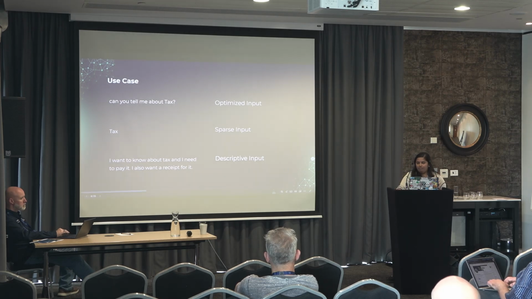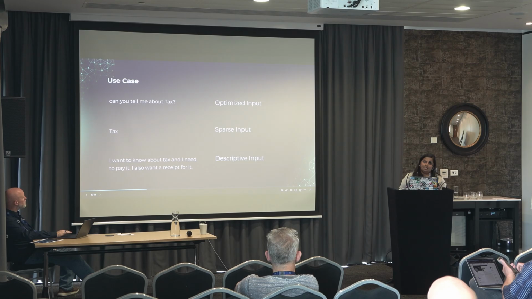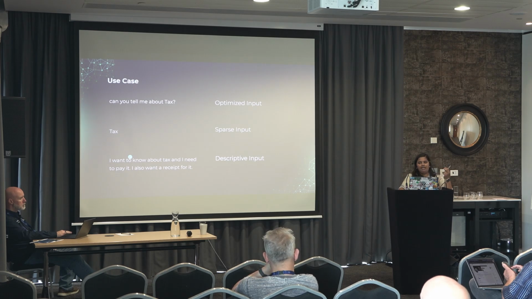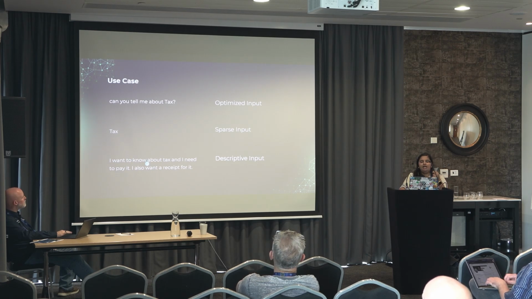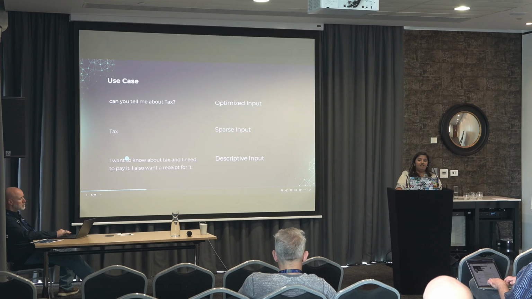Now let's see a use case here. For example, we have these three statements. In natural language processing, there are three main things. The first statement is an optimized text, which means you have provided enough information for the machine to interpret and generate an outcome. The second one is a sparse input, which is basically a single word, two-word, or three-word text. Not enough information to decide if I can make a judgment. And the last one is a descriptive input, in which there are three intents. The user wants to know about it, they want to pay the tax, they also want the receipt. There is no one single way of dealing with it. Normally, if you use this on a chatbot, it will probably not work at all. The latter two will definitely not work.